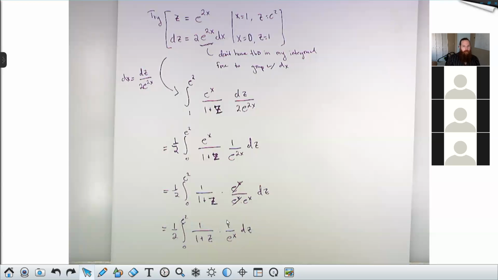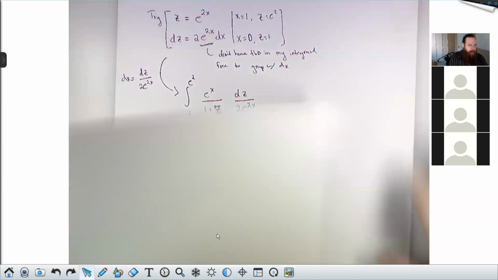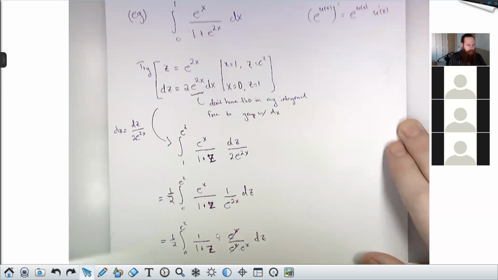So this is what it looks like when a substitution doesn't go well. And I think it's important that we see that. You can try to make it go through, and there are tricks I'll show you to make things like this go through. But when you see something like this not working out nicely right away, it's a hint that you should try something else. So if I come back to the original problem